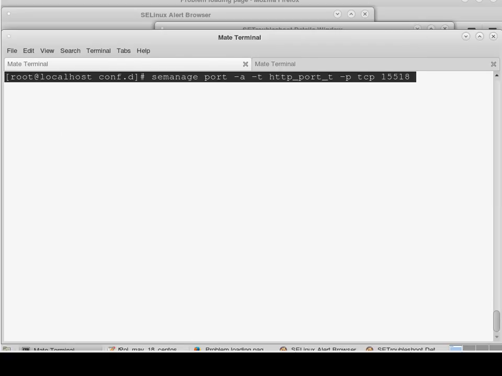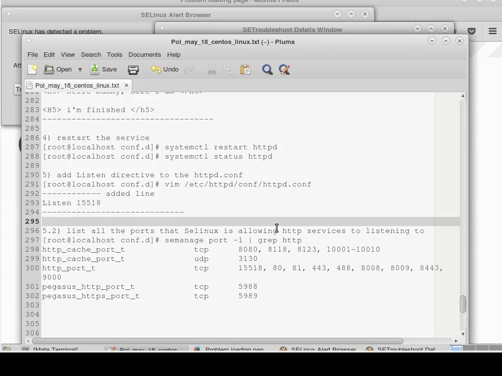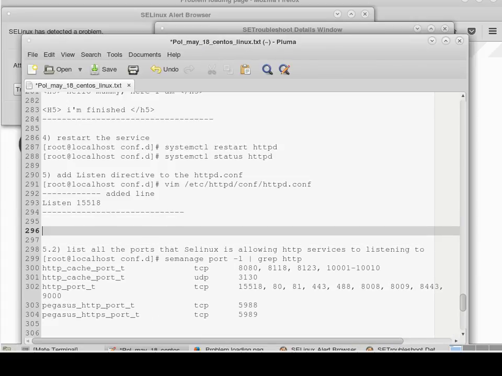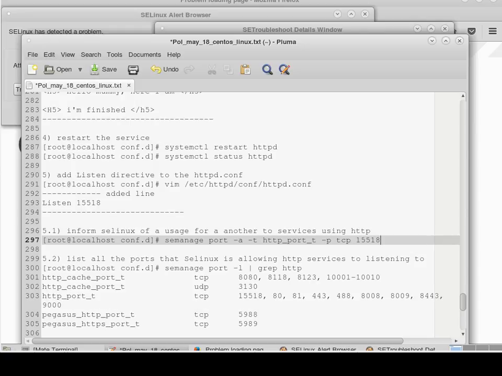This is informing SELinux of usage of another port for a service using HTTP. Okay,